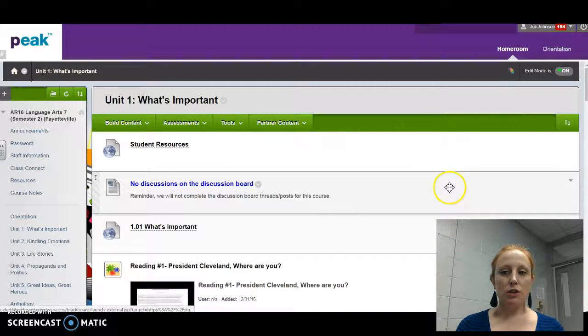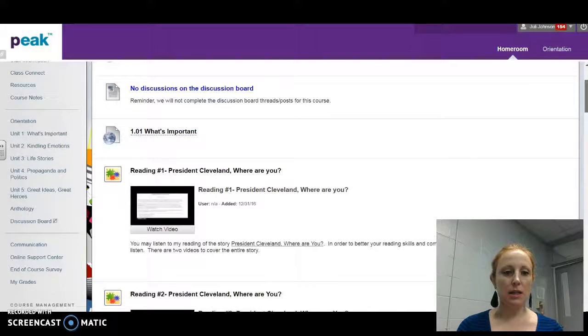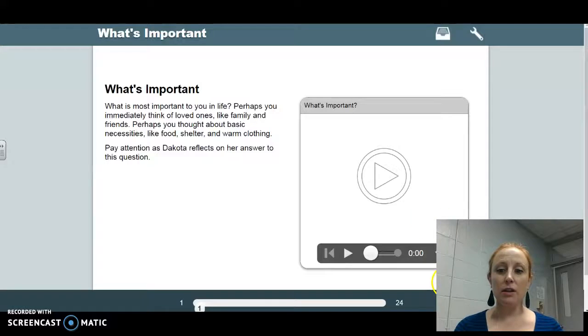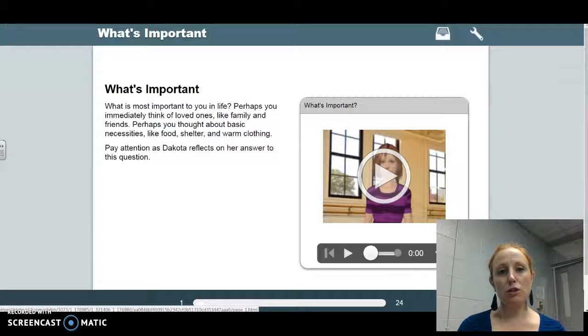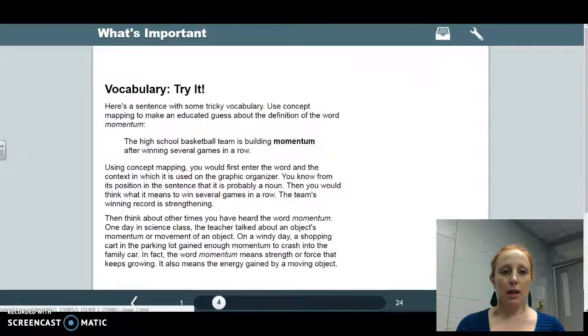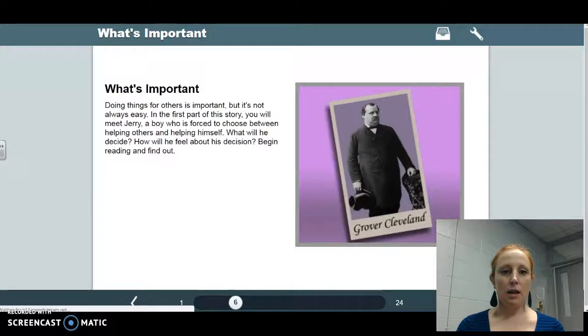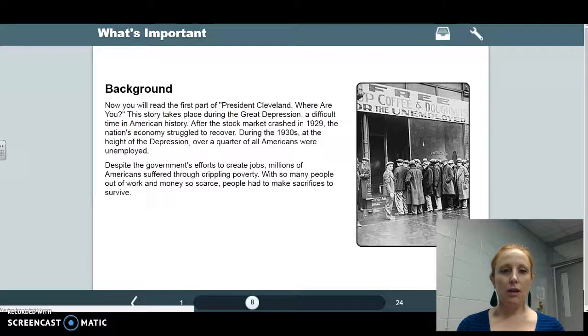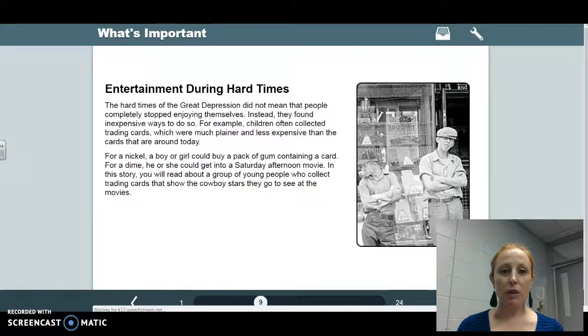If you go into the lesson, some lessons have a link to the reading and some lessons do not have a link to the reading. It just kind of depends on when you're supposed to do the reading. So this is lesson 1.01. I would read through these slides. And usually it gives some background about the story you're going to read, maybe some background about the author that